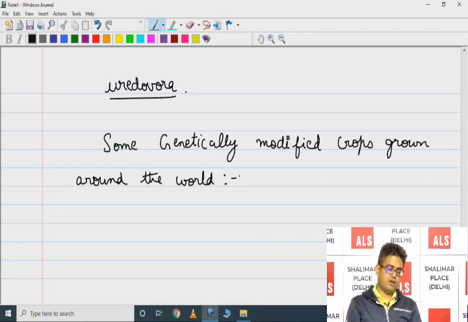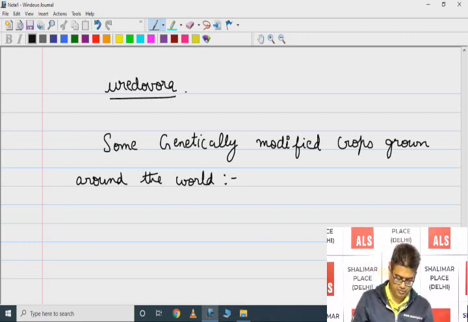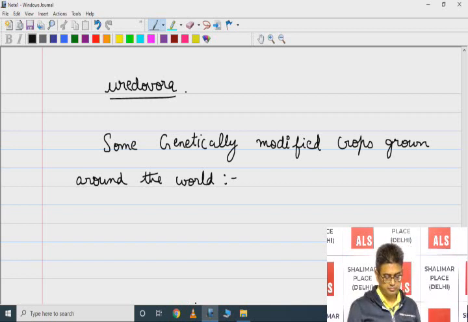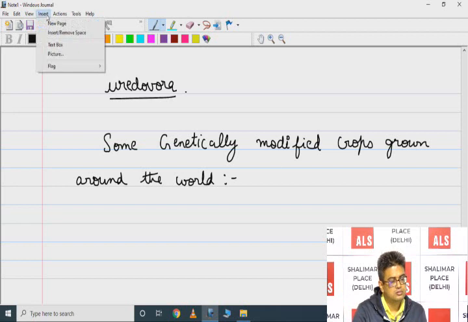So the maximum cultivated genetically modified crop as of now is genetically modified soya bean. Soya bean comprises 50% of all the